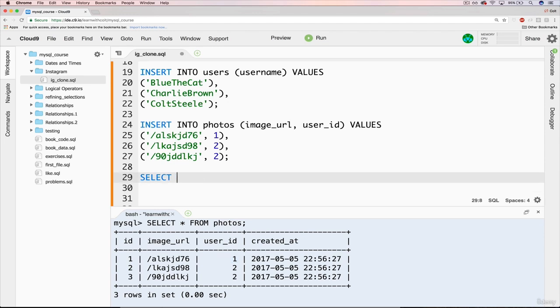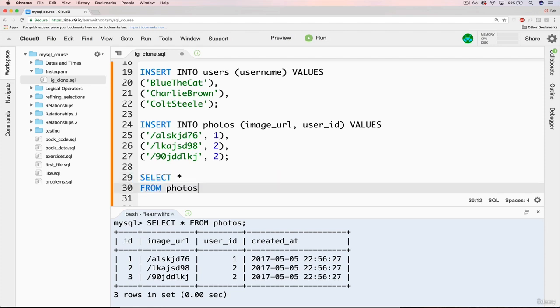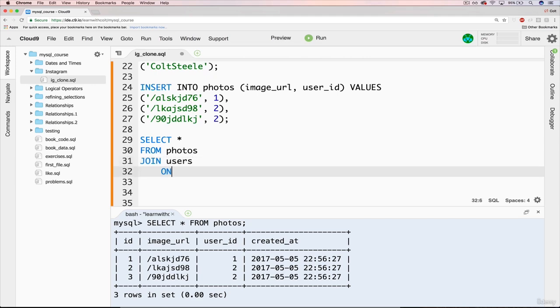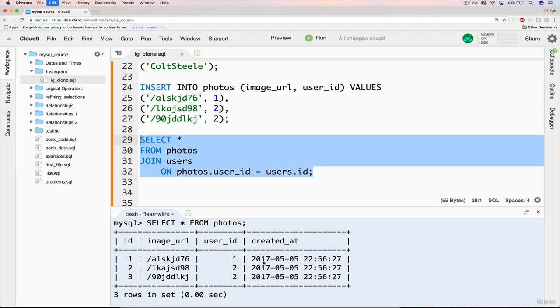So we'll just do a select star to start from photos, join, and we'll just do a default inner join, users on, where photos dot user ID equals users dot ID. So if we start with that,